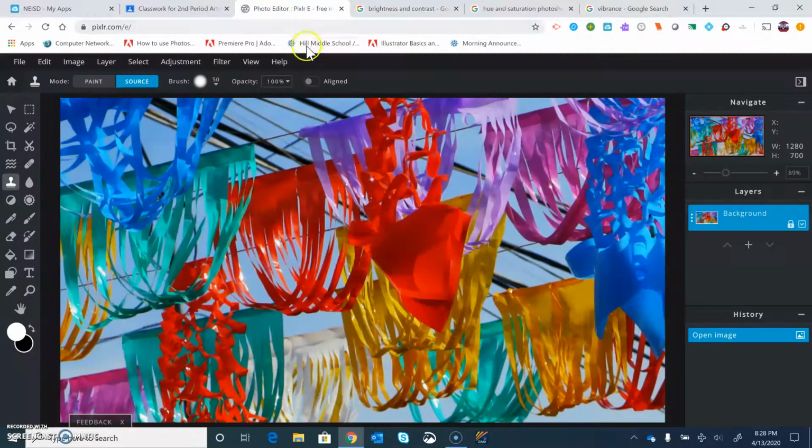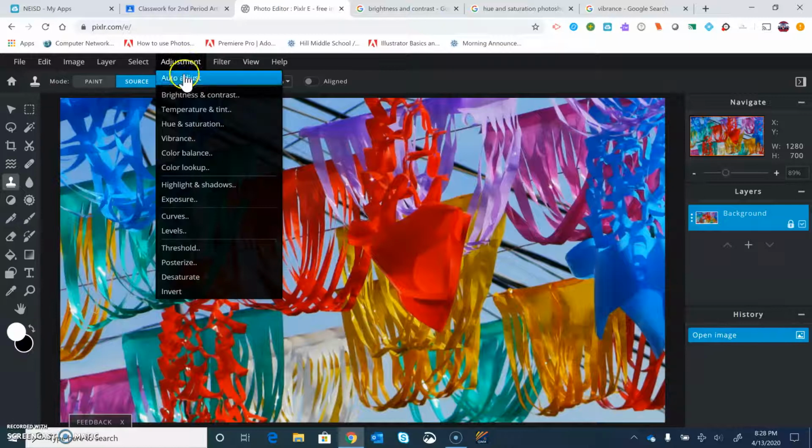So knowing that about the brightness and contrast, I'm going to go to my adjustment menu at the very top. I click adjustment and I can make all these different adjustments. You can do more than what I'm going to show you, but try to do at least the ones that I'm going to review. Again, we've done this in Photoshop before. So I'm going to go first to my brightness and contrast. You could do auto adjust, but we're going to have fun manipulating these different